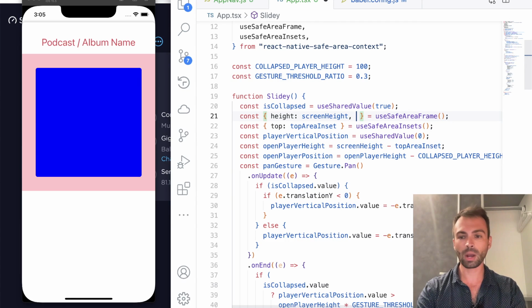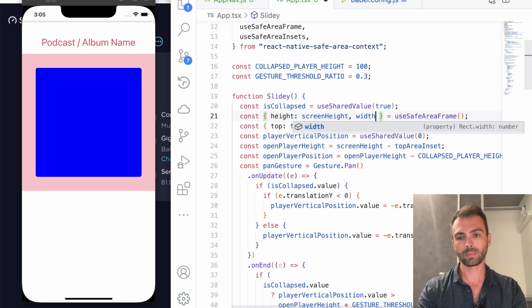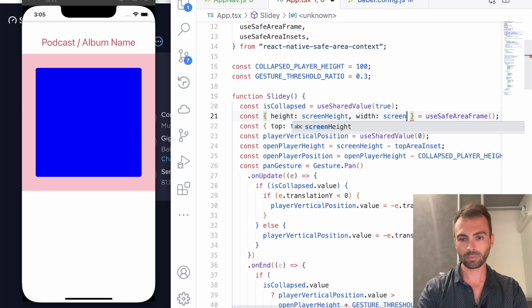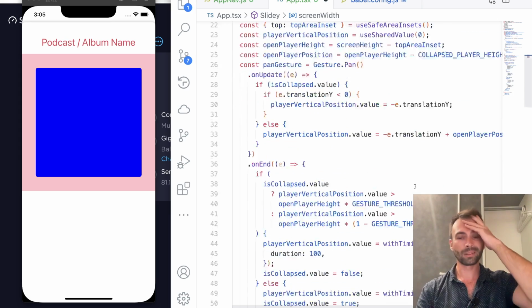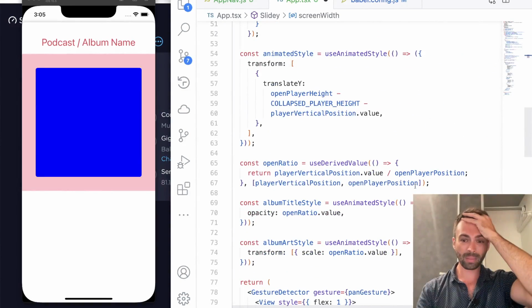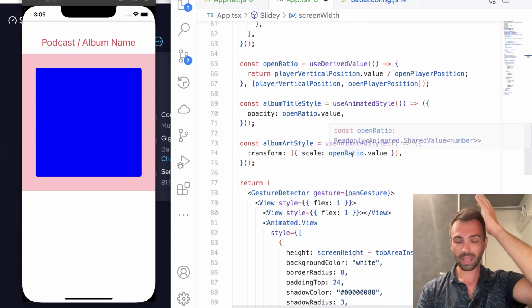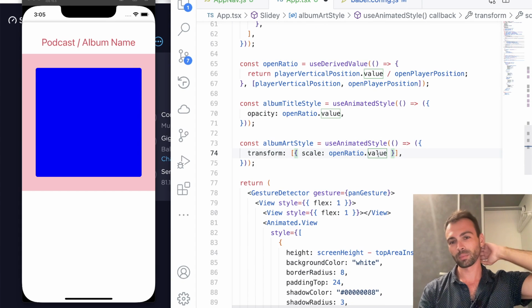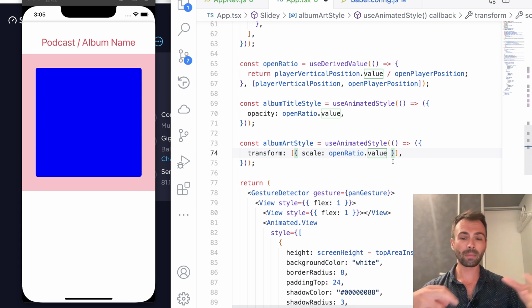So let's go ahead and grab the width in the same way that we were grabbing the height earlier. So we know basically that we're going to combine these values and we're going to combine the open ratio in order to understand the amount that we currently need to transform. So when open ratio is 1,